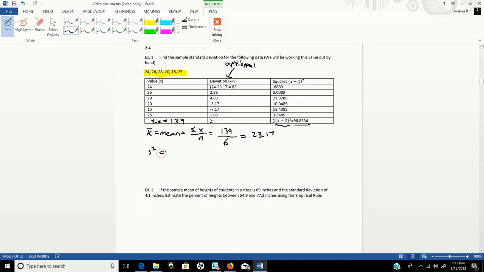S squared represents your sample variance. Again, sample variance because we're dealing with a sample here, not a population. Do find these slightly different if you're dealing with a population than a sample. So for our sample variance, our S squared value here, we have to use that sum that we got there, the 96.8334,